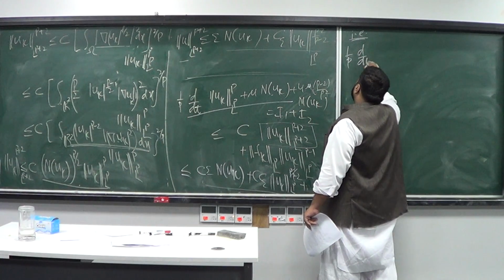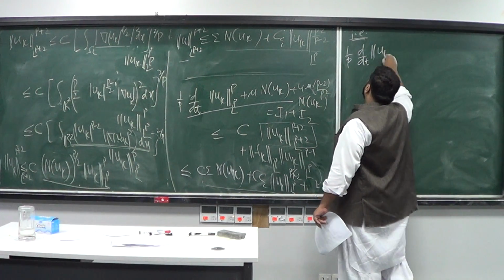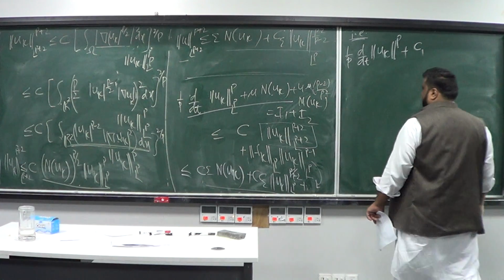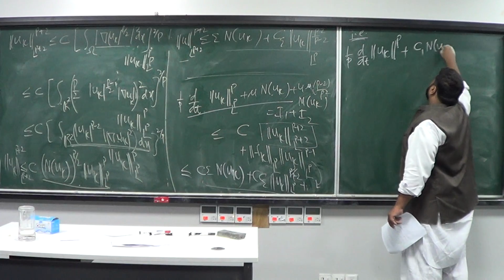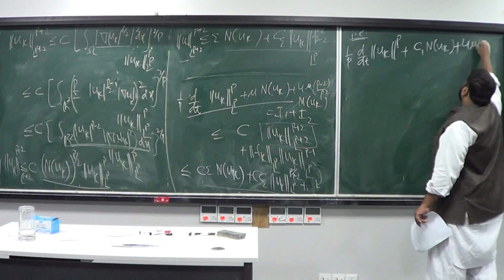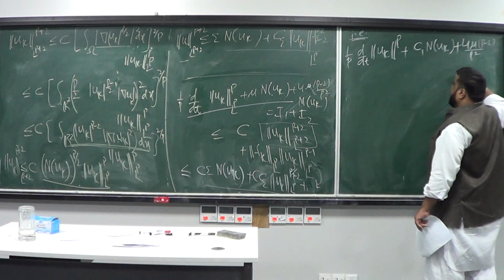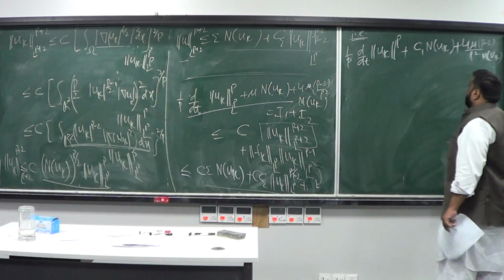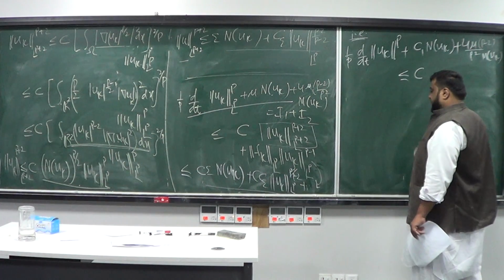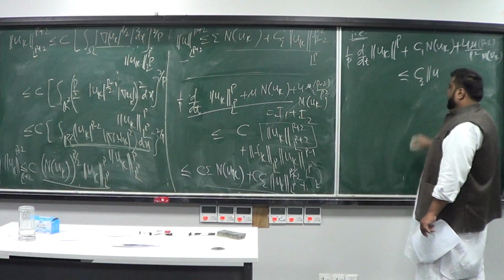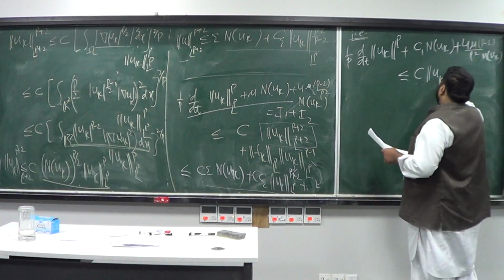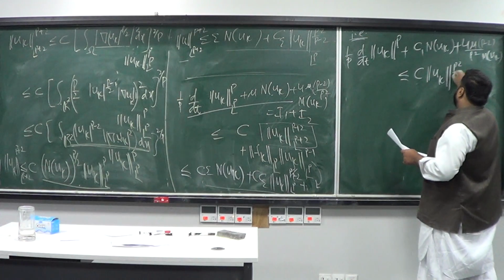1 over p d/dt of uk power p plus a constant, let's call it C1, and of uk plus 4 mu (p minus 2) over p squared times N of uk is less than or equal to some constant times, obviously that constant depends on epsilon, it's just a constant, let's give it a name C, uk power p squared over p minus 2